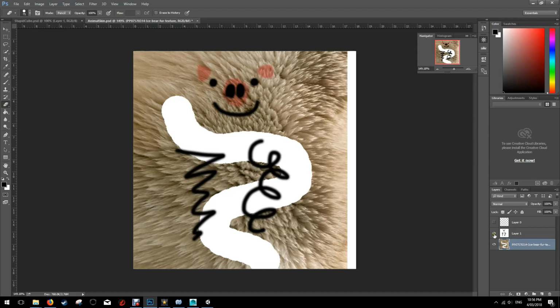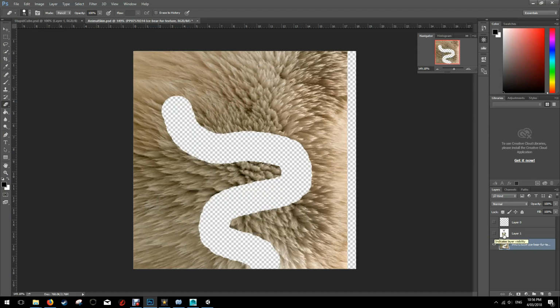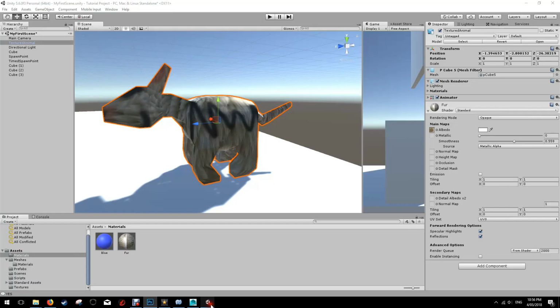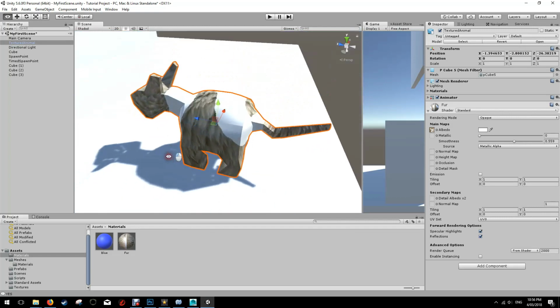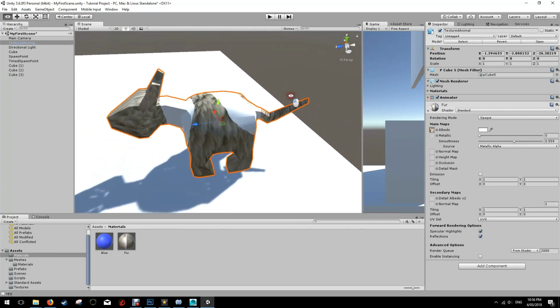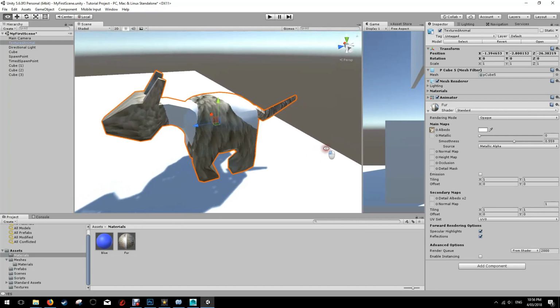Oh, that's not going to work, because let me just turn that one off for the moment. Make a big transparent area, save your PSD file, and this is saving directly into the Unity project. You can see that that's all white, but you can actually change this to